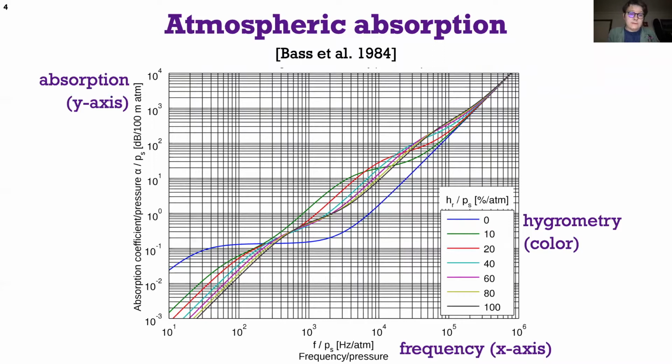To understand why far-field sound event detection is such a challenging task for machines, we should remember that acoustic waves undergo absorption and reverberation depending on the propagating medium, combined with attenuation due to geometric spreading. This classical 1984 paper by Bass and co-authors gives the absorption coefficient of the atmosphere. You will notice that absorption grows linearly with distance and exponentially with frequency, with corrective terms that depend upon hygrometry